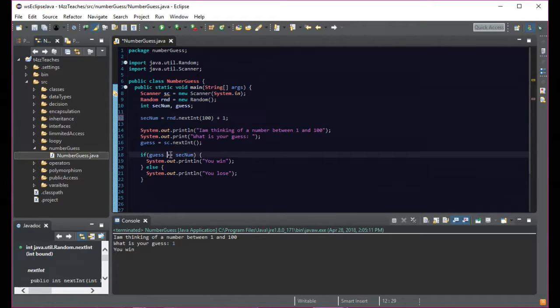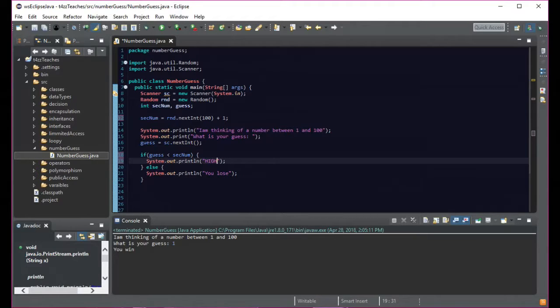So we could change this right here to say if guess is less than secnum, then we could say higher. And then we could just grab this and copy it, Control C, and Control V and change the sign to say if it's greater than secnum, then change this one to,